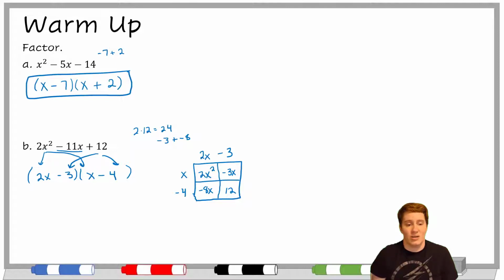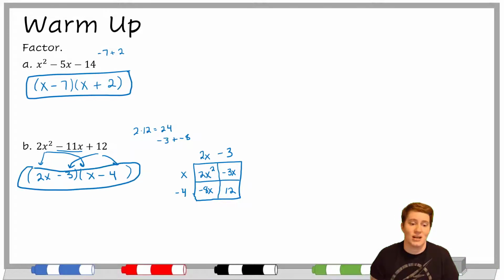And so see how this 2x squared is split into 2x and x. The 12 is split up into negative 3 and negative 4. So if you're like, oh, that's what I would have guessed, then maybe you should try the guess and check method. But yeah, I don't know how much I can stress this enough. I only used guess and check until I became a teacher. And now I very rarely just straight up use guess and check because it makes me frustrated really fast. So okay,